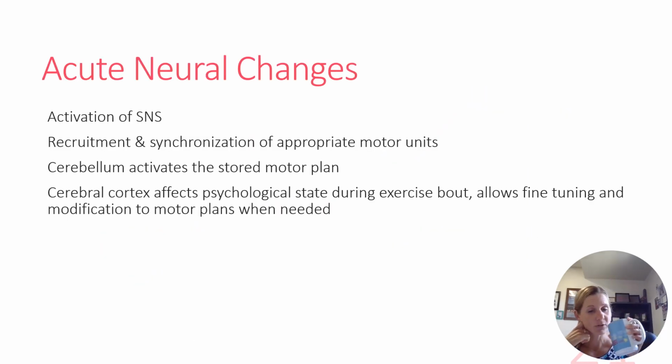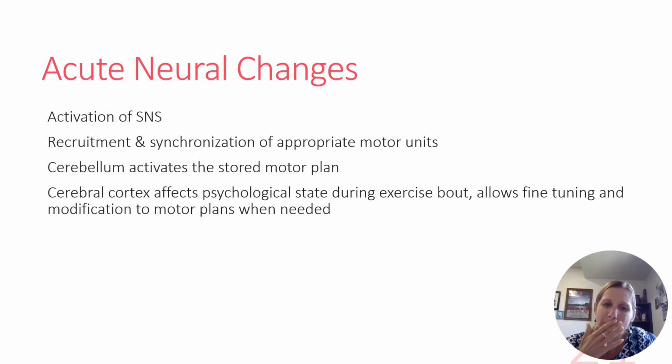Okay, what about the neural changes? So what's going on from a neural perspective as it relates to acute aerobic exercise? So you already know we're going to activate the sympathetic nervous system. So that's awesome. How does this affect the cardiovascular, pulmonary, metabolic, and muscular systems? Can you tie it all together? So again, we've talked about the impact of the nervous system on many of those systems. So again, make sure you're well aware of that role with each of those.